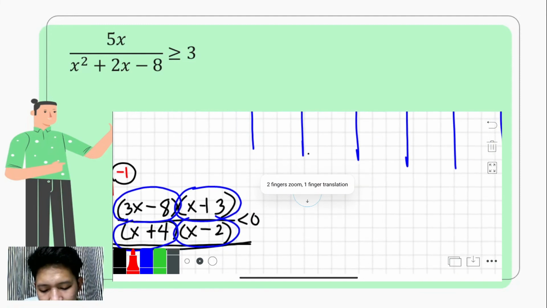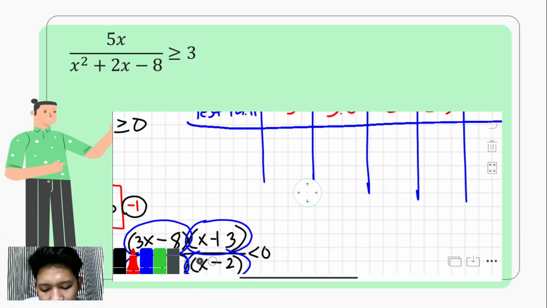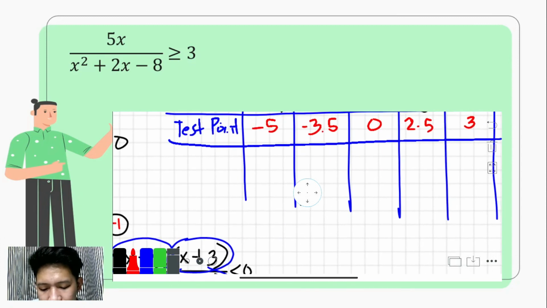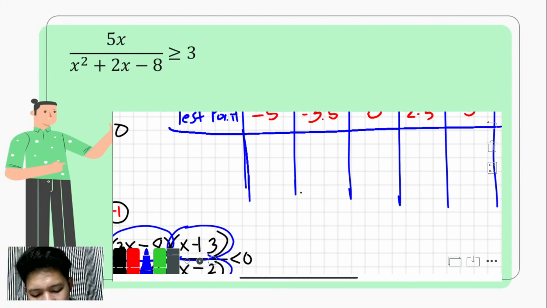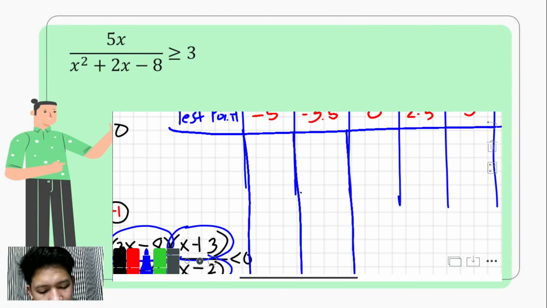Okay, and then we what? We substitute, we put down our critical values here. Okay, so pahabain lang natin. So that would be,